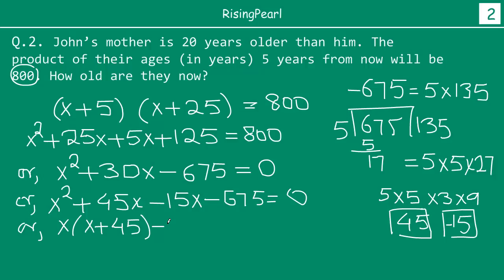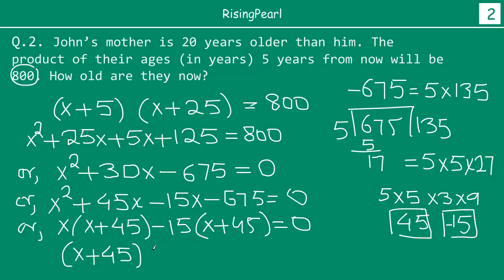From here we get minus 15 common, x plus 45 equal to 0. So from here we get x plus 45 common times x minus 15